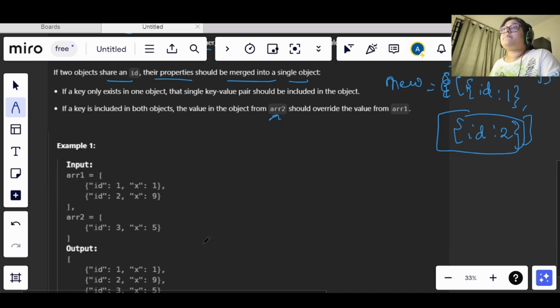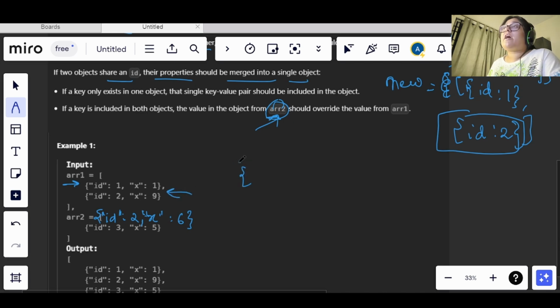Now let's say, like in the example, we have ID 1 equal to ID 1, then ID 2, and let's say we have ID 2 here also, and we have x value as 6. Now we have been told that whatever value array 2 has should override the value of array 1.